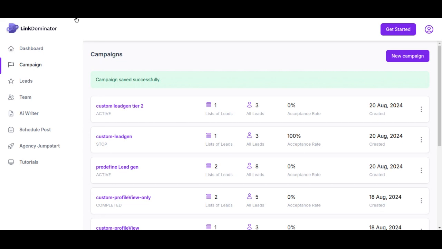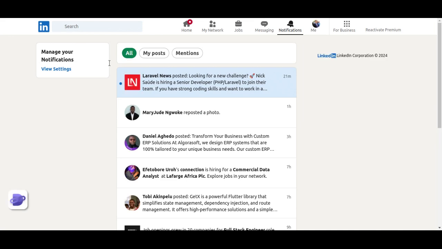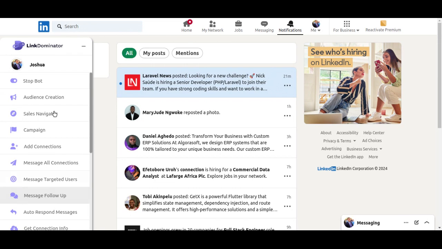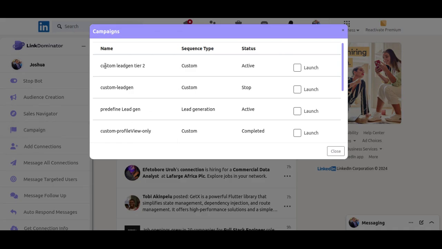Now we're going to visit LinkedIn right away to see that we can start running our campaign. So right here we are on LinkedIn, and you can come right here to campaign, and you can see our custom lead gen tier 2, and it's active.